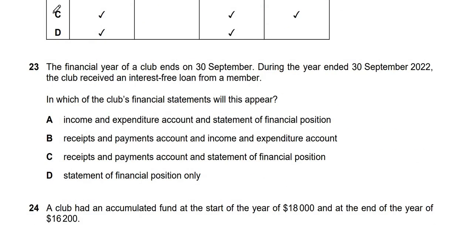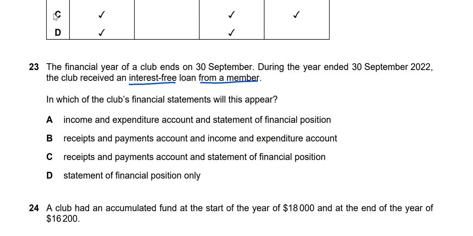Moving on to question number 23, it says that the financial year of a club ends on 30th September. During the year ended 30th September 2022, the club received an interest-free loan from a member. In which of the club's financial statements will this appear? So look, income and expenditure account and statement of financial position, receipts and payments account and income and expenditure account, receipts and payments account and statement of financial position, or just